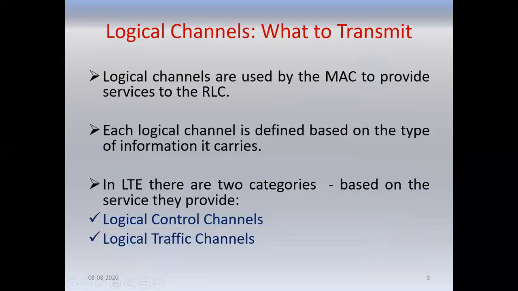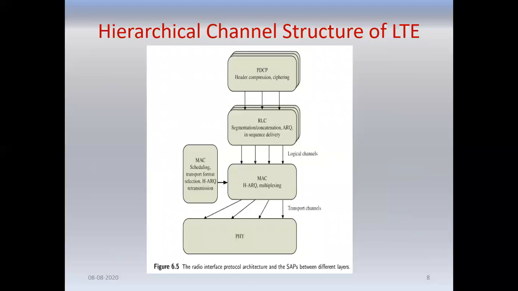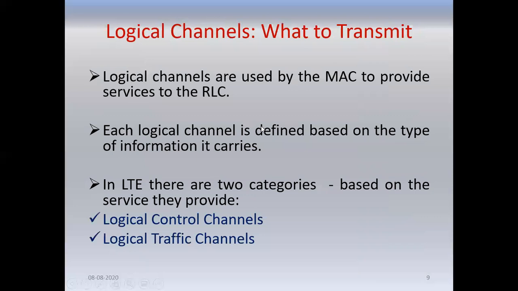So here are the logical channels. What is a logical channel? What does it do? What does it transmit? Logical channels are used by the MAC layer. In the diagram, you can see where the logical channel is. It is from the RLC layer to the MAC layer. It is the service access point we can see, and also from the MAC layer to the physical layer, it is the transport channel. So the physical layer requires a transport channel decided by the MAC layer, and the MAC layer requires the logical channels which are decided by and released by the RLC layer. So we'll see one by one.